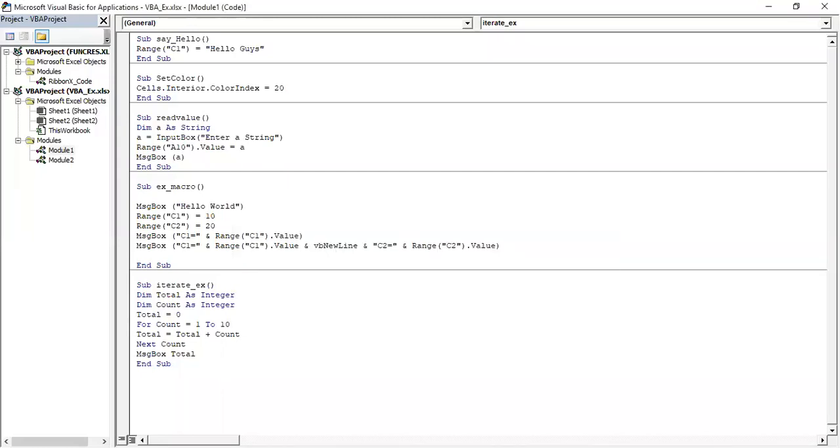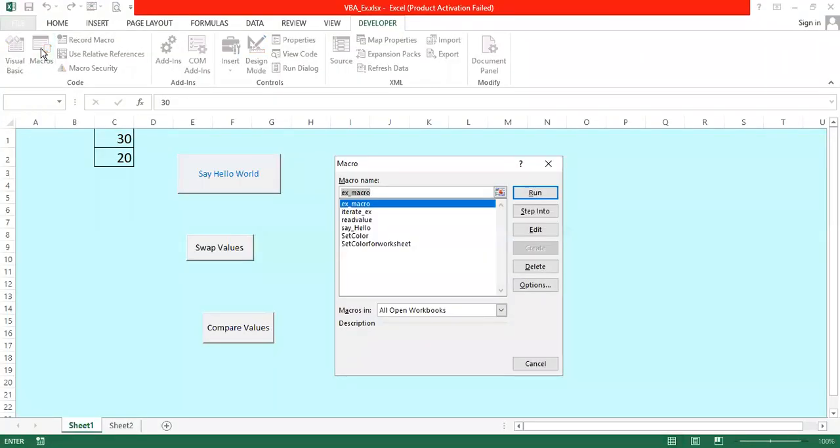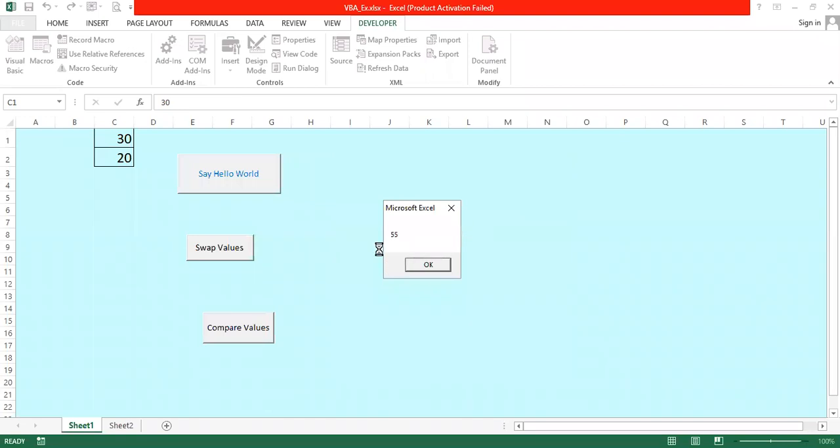Let us run this macro. Go to VBA, developer tab, macros, iterate underscore ex. So this is the sum of numbers in the range 1 to 10. So 55 is the value.